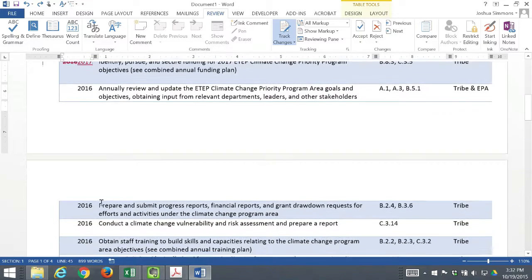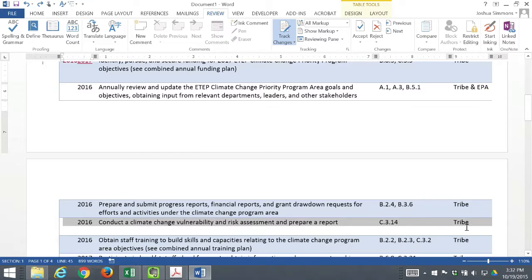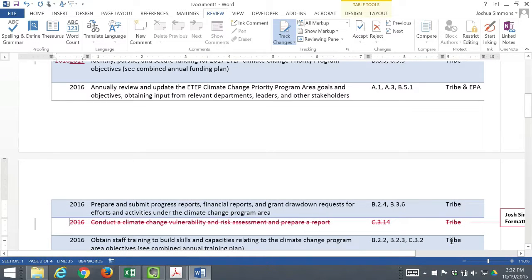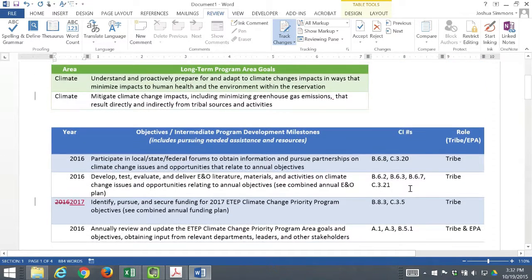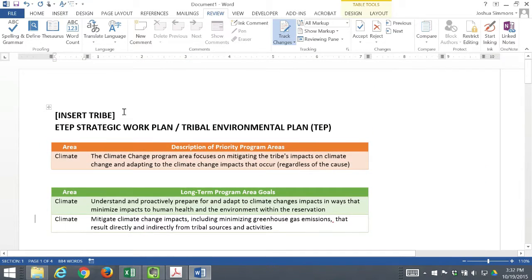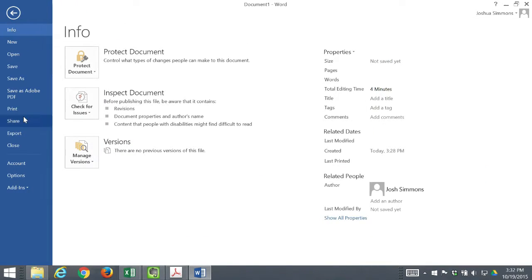Or they think that this one doesn't make sense to do at all, so they're going to say, I think we should delete that one. Then you can see the changes they made, and you could go back and adjust that. So from here, you could print this document,